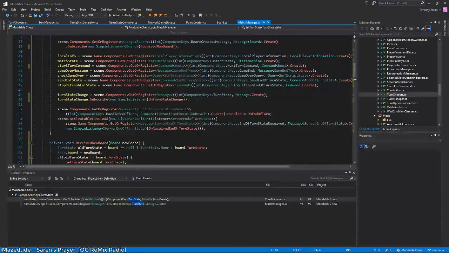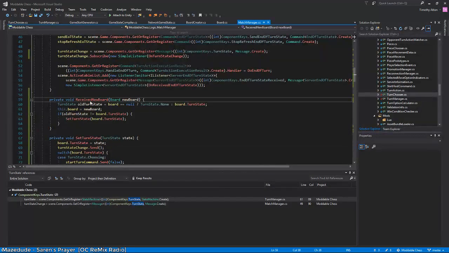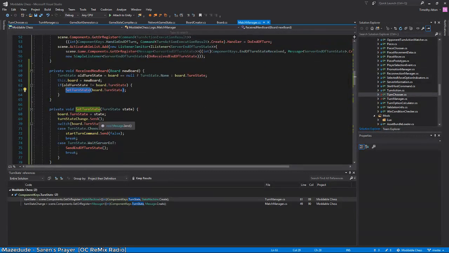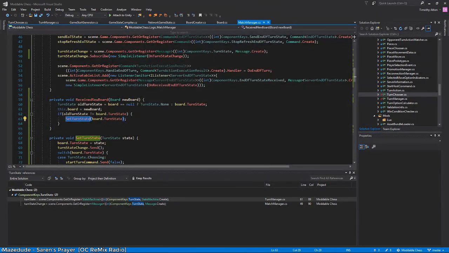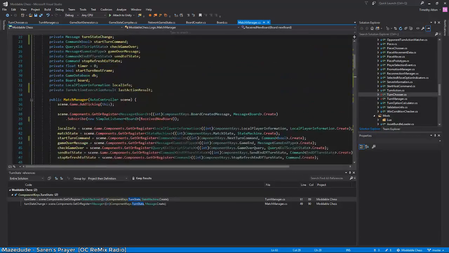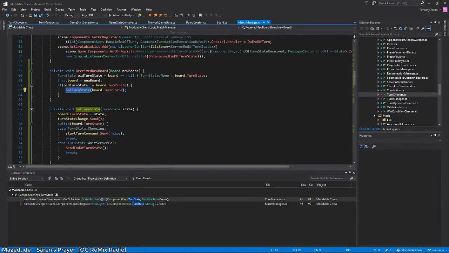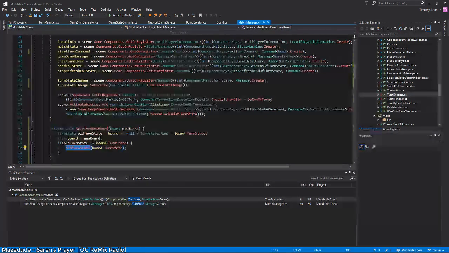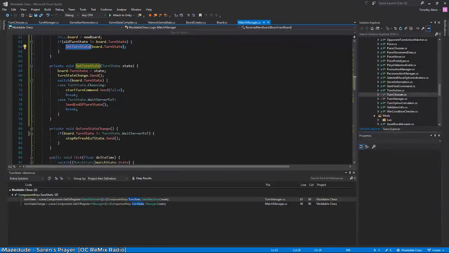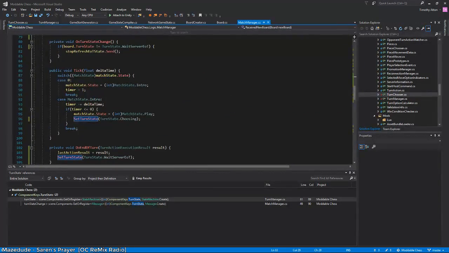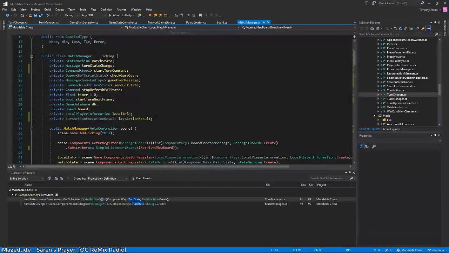But so when we call this receive new board, we can't call this set turn state until we wait until this event is over, because some things might not have gotten the board yet. We already have this update function, so